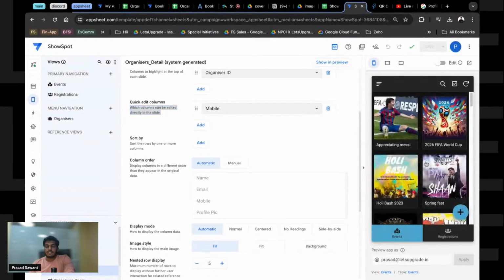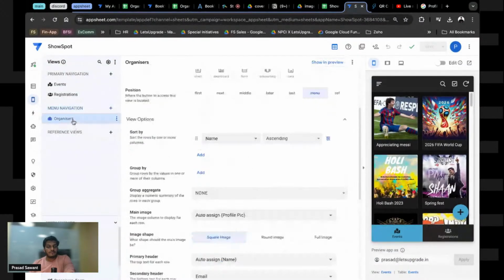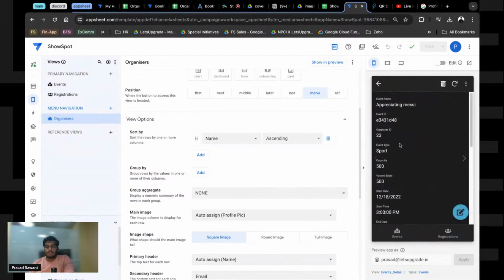Now let's go back to this events page. One thing, if you observed, as an organizer, this is how my things currently look. So what I'm going to do is